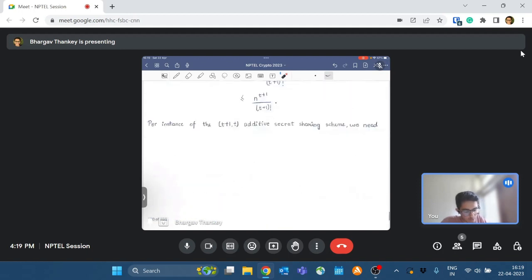Over here we are doing multiple instances of (t+1, t) additive secret sharing, so we need order t+1 random bits. So the total number of random numbers